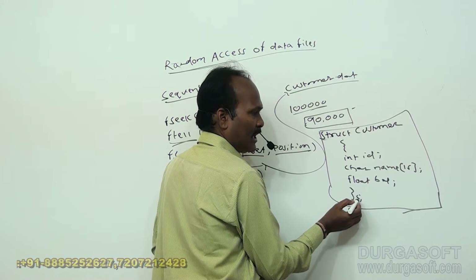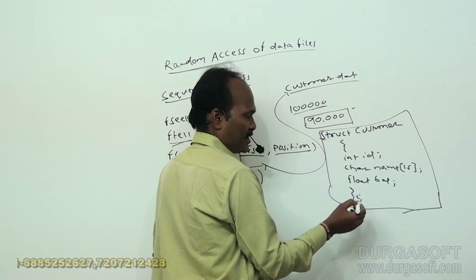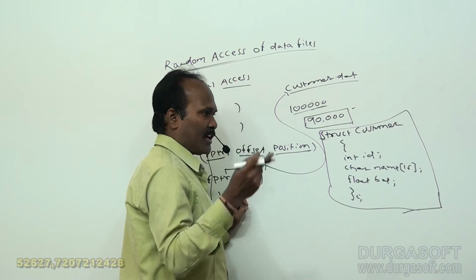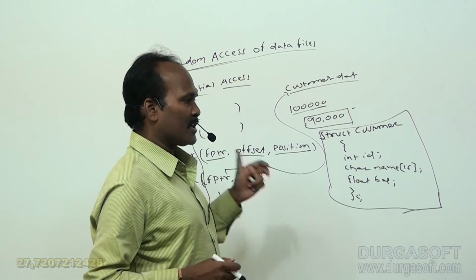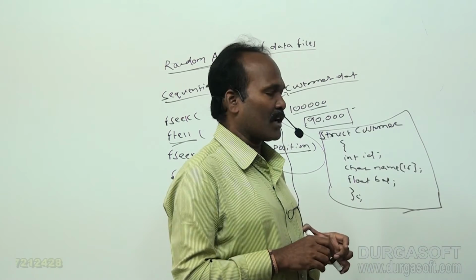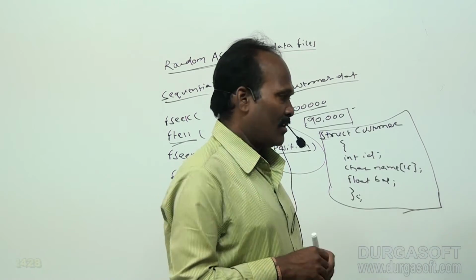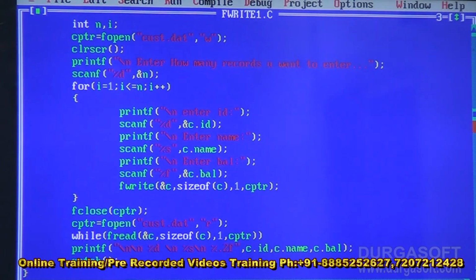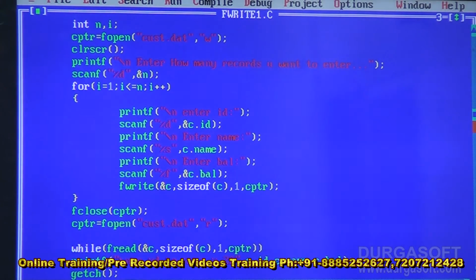structure variable. After that, you place this record onto the data file. So after placing all the records, you ask the user which record he wanted to display. Okay, so according to the client requirement, the given record must be displayed. Here I am going to ask the user which record he wanted to